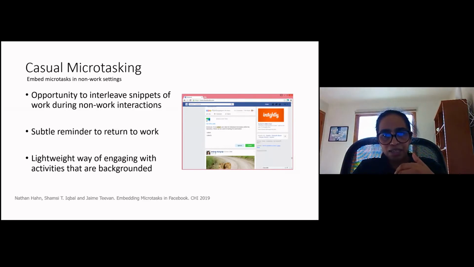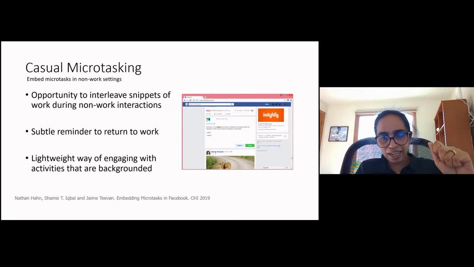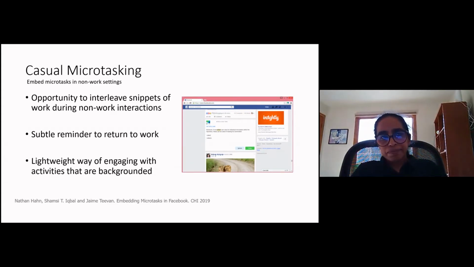What we found is that for the first 2.5 minutes, putting aside some people who would be on social media for a long time, most people could completely ignore all these microtasks. And then once they had gotten through their initial parsing of the social media environment, they would slowly start getting engaged with some of the microtasks.